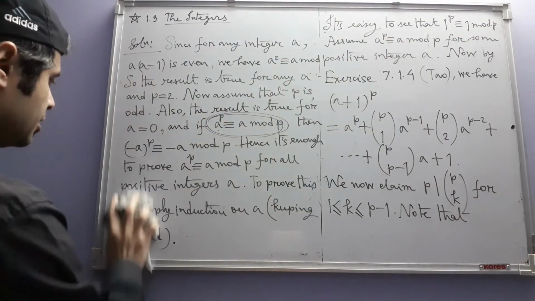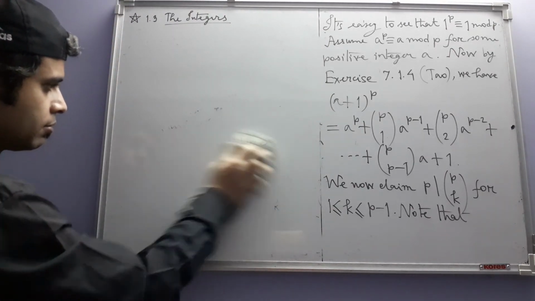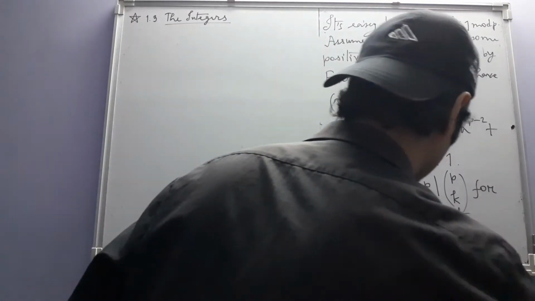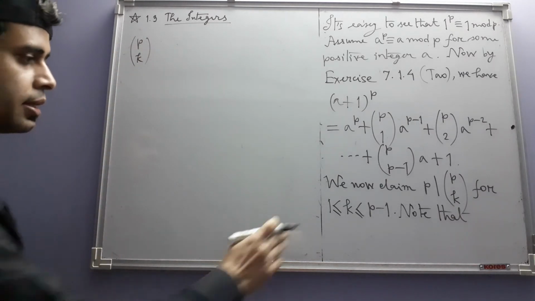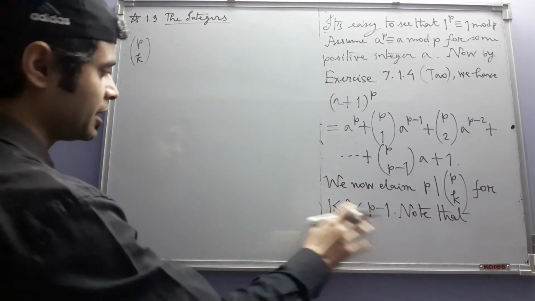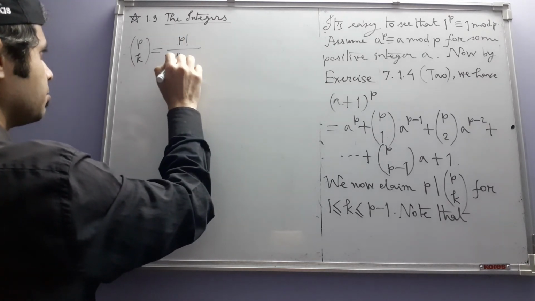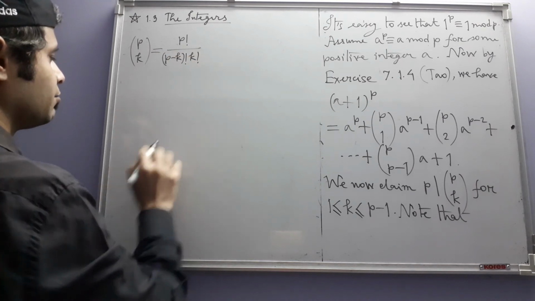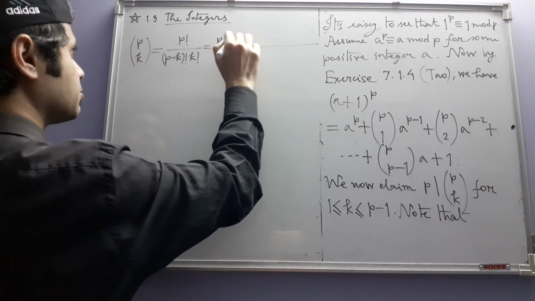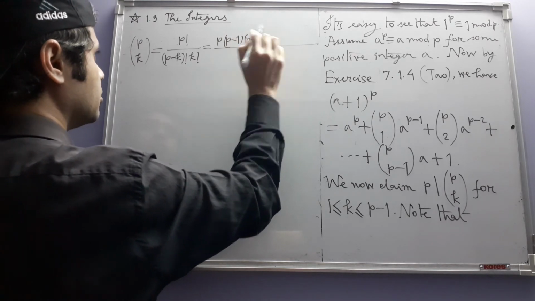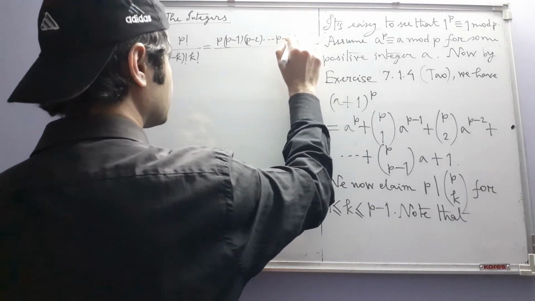okay, I need to expand this binomial coefficient. For that I need space. Note that this binomial coefficient PCK, where we understand k is some integer between 1 and p minus 1, is p factorial divided by p minus k factorial times k factorial. So if we expand this, we will have p times p minus 1 times p minus 2, like this. We will have p minus k plus 1